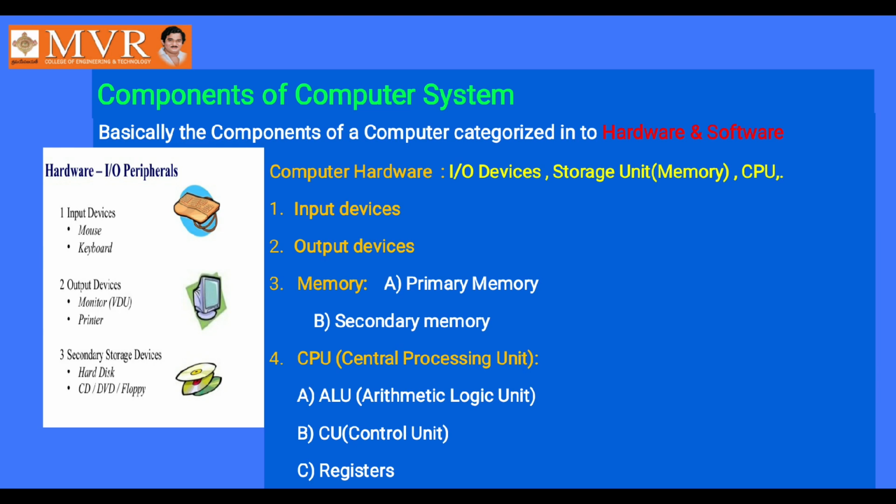The next one is memory. I told you there are two major types of memories. One is primary memory, which is used to hold data and instructions during processing. Examples are RAM, random access memory. This primary memory has relatively limited capacity and is volatile. Volatile means when the power goes off, the data will be erased. Primary memory consists of a set of locations defined by sequential numbering addresses.